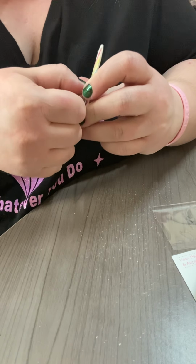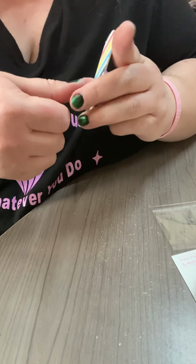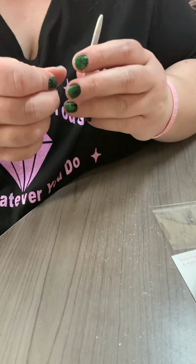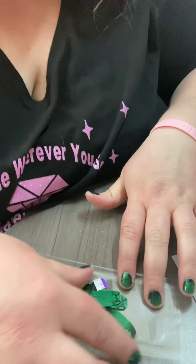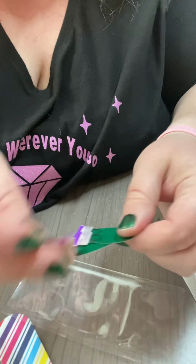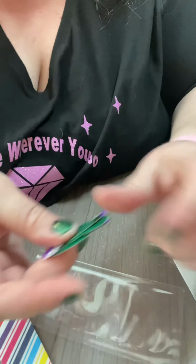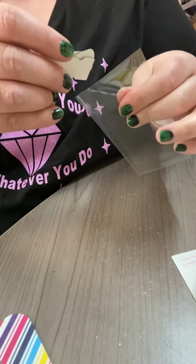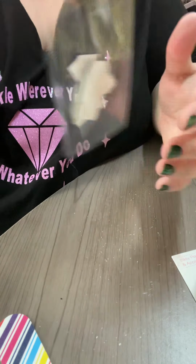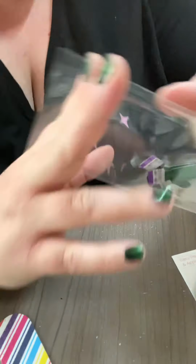Each set does come with 16 nail strips, I guess I should say, not strips. It comes with a set of 2 strips with 8 on each, like I showed you at the beginning. Had I not messed up that one nail, I would have more left over, but this is what I have left over. So I can seal these up and use these as accent nails, or since these are St. Patrick's Day, I don't know if I'm going to keep them, but I may give them to my sister or my friend, see if they want to use them. But anyways, so yeah, you can just take your straightener, seal it off, or